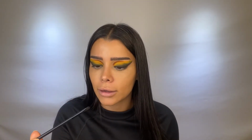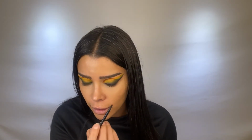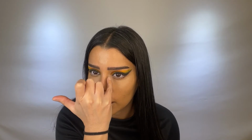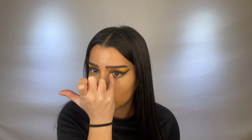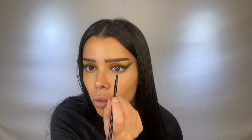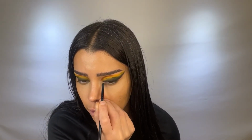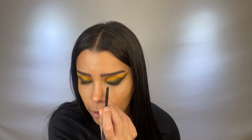Okay, now I'm going to take the black eyeshadow I already used, and I'm using this small flat brush. I'm going to place it under my eye. But what I want to do is create like a white eyeliner here on my inner corner. So what I want to do is not start from here, but start a bit lower,